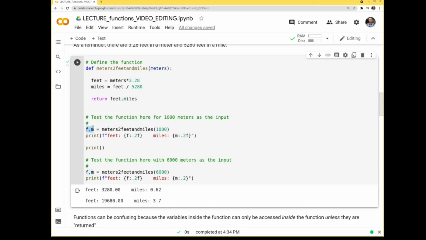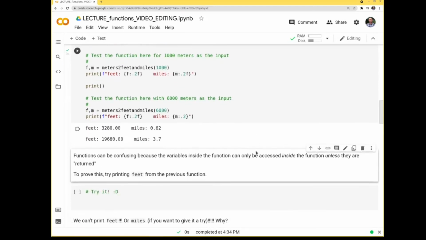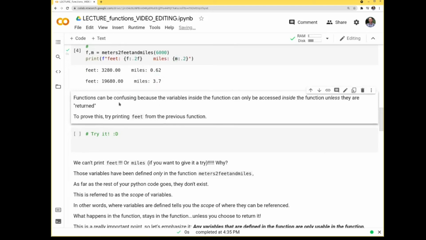I could have called it Jack and Diane if I wanted to. But I've chosen f and m because that is easier for me to remember what those actually mean, which are feet and meters. Okay. Now these functions, this is a big gotcha with functions, and this is where it can be confusing. The variables inside the function can only be accessed inside the function if they're defined inside there, unless